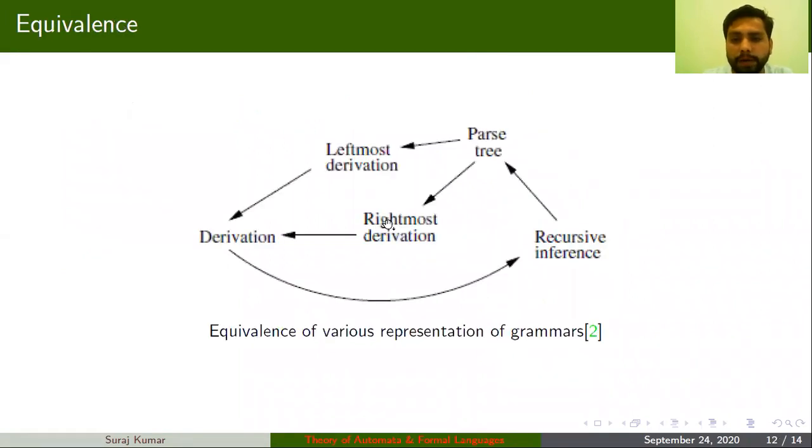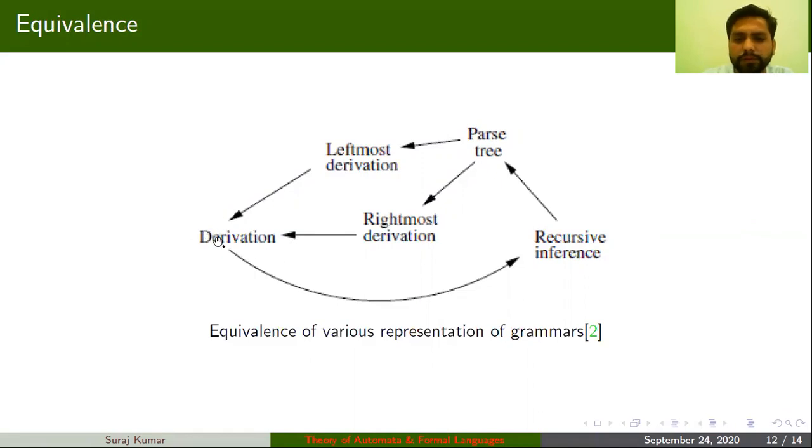Okay, now let's compare the various derivations. So actually all the derivations are the same. For every grammar you can derive the particular string with the help of leftmost derivation. You can also derive the rightmost derivation. You can also write the parse tree for it, and you can also write the recursive inference for it. And similarly, you can write the derivation.